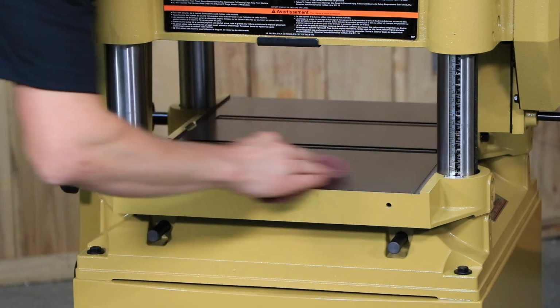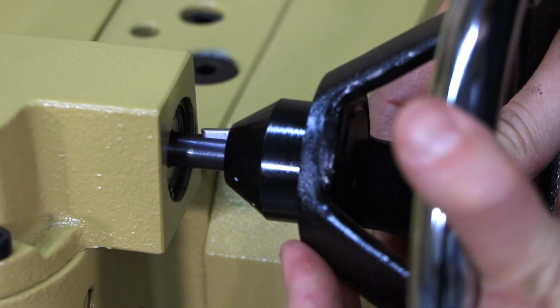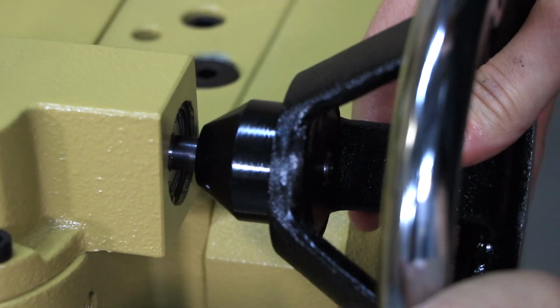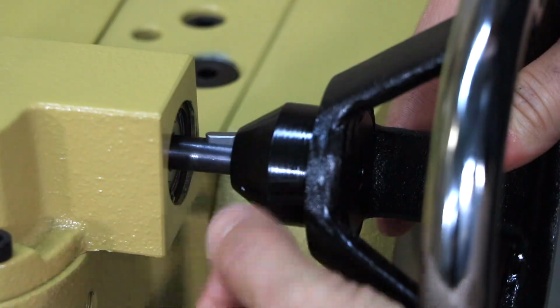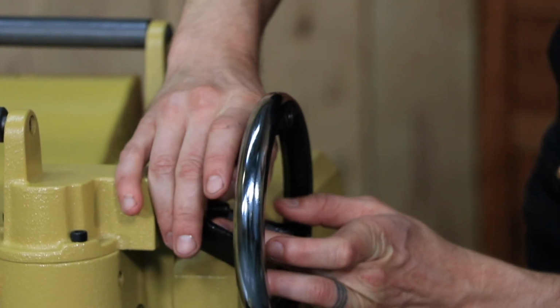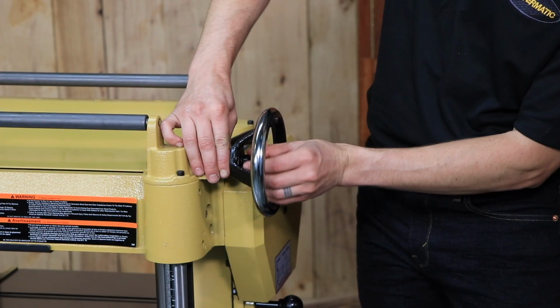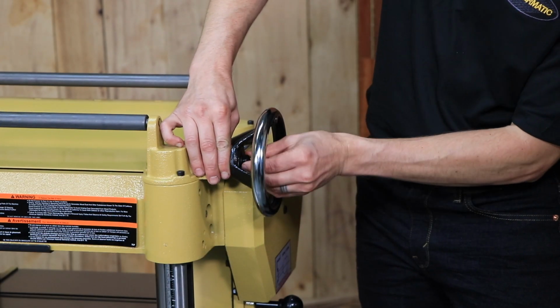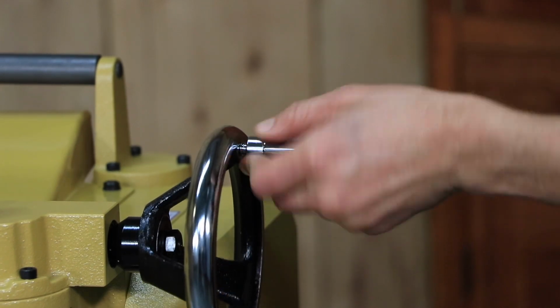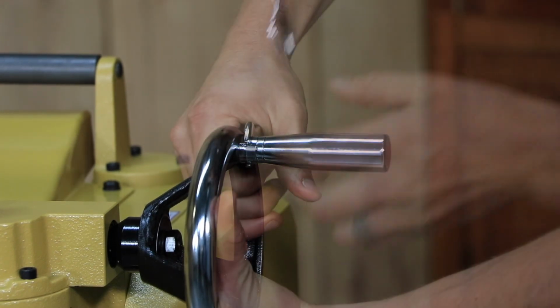To install the hand wheel, place the key into the slot on the shaft and mount the hand wheel to the shaft, making sure it's oriented so it slips over the key. Peel off the backing of the directional label and attach it to the center of the hand wheel. Place the flat washer and hex nut on the shaft and tighten it with a 17mm wrench. Mount the handle in the threaded hole in the hand wheel and tighten with a 14mm wrench placed over the